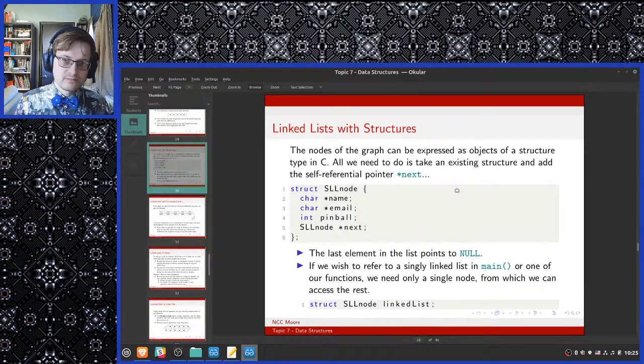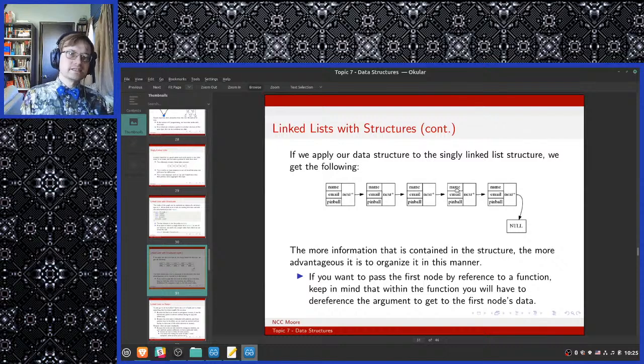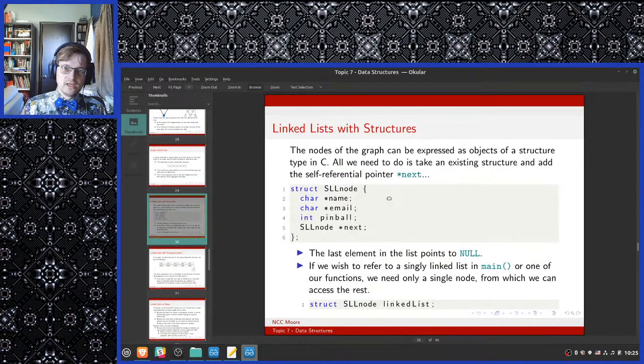Basically, a linked list is a series of data nodes that contain data and also contain a reference to the next data node. In this particular slide set, I'm working up an example where I have a node that contains a name, an email, and a pinball high score, and it contains a pointer to the next node.